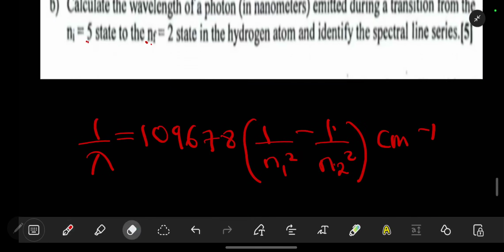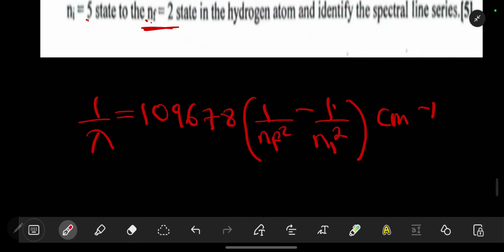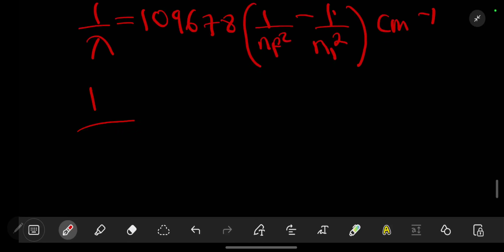So what you can just quickly do is interchange these to give you a positive answer. So you put your n final squared, which is your n2, in the first position, over the n1 squared, like that. Just to make it positive, so we have 1 over lambda should be equal to